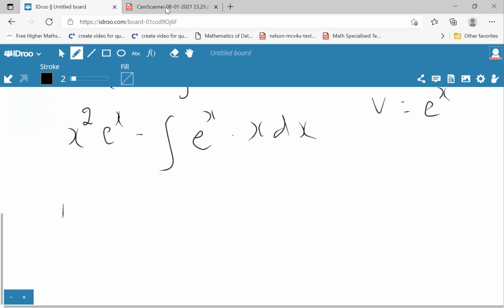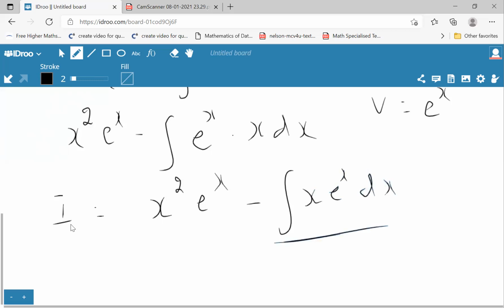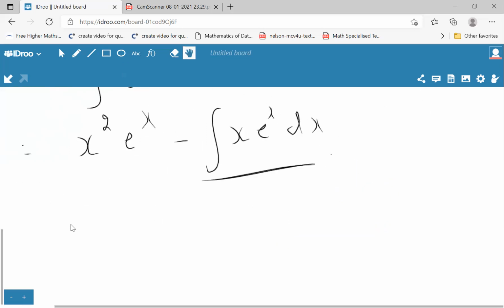So I is equal to x squared e to the power of x minus integration of x e to the power of x dx. Again, we can see that this is of the form integration of u dv. We'll have to solve this again using integration by parts. So that now gives you x squared e to the power of x minus